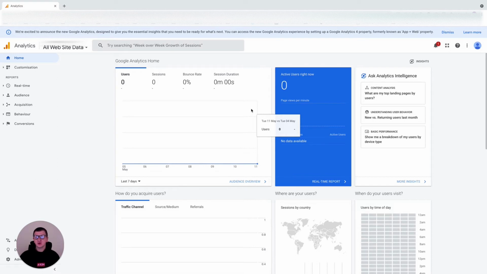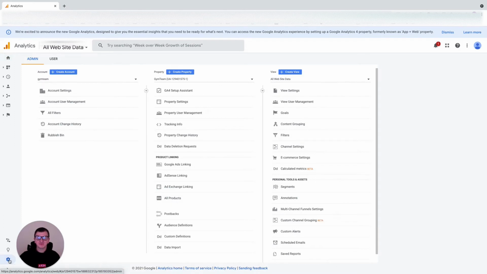So to give access to a marketing agency, you're gonna simply come to analytics.google.com, go to the bottom left corner, click admin. Under property, you're gonna find the domain. If you have multiple domains, choose the domain that you want to give access to. Go to property user management,